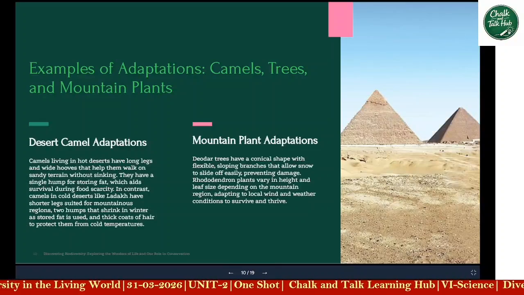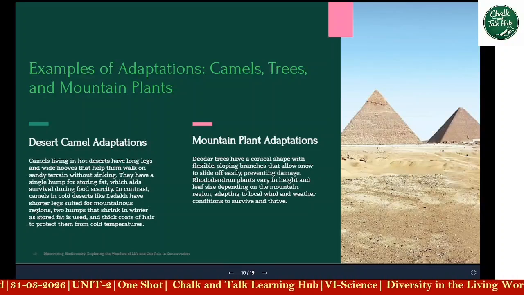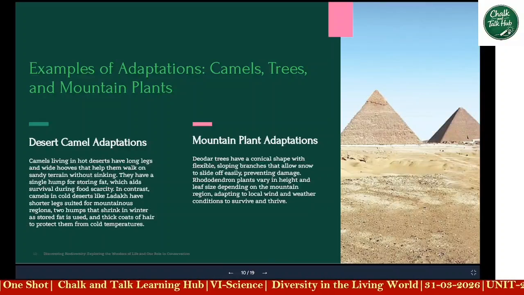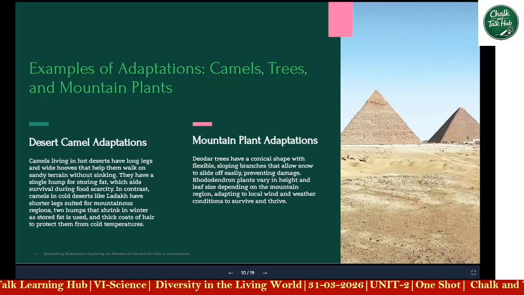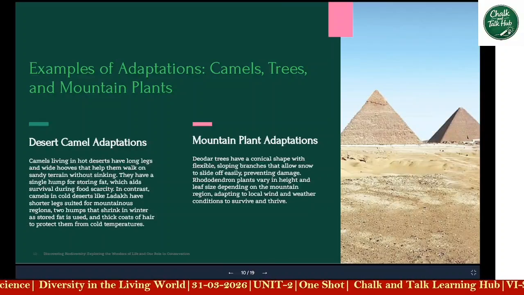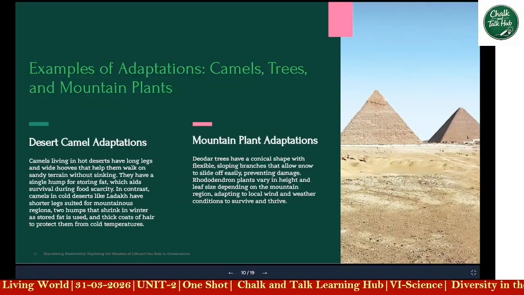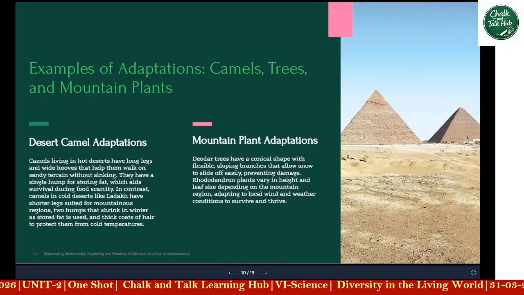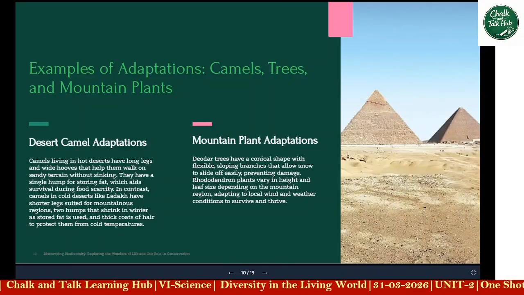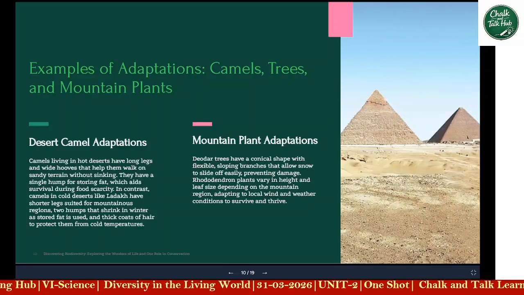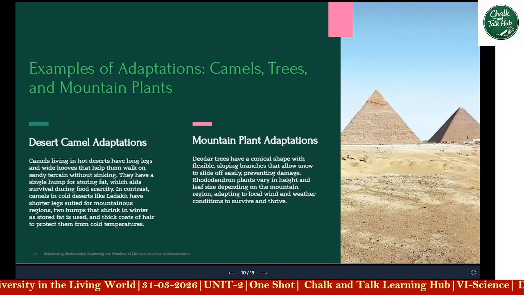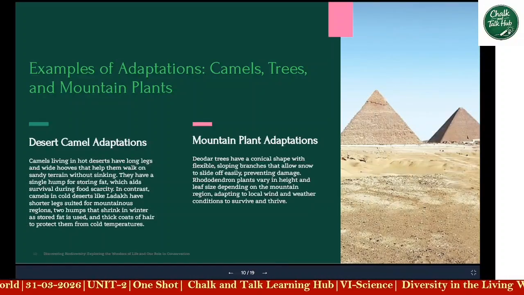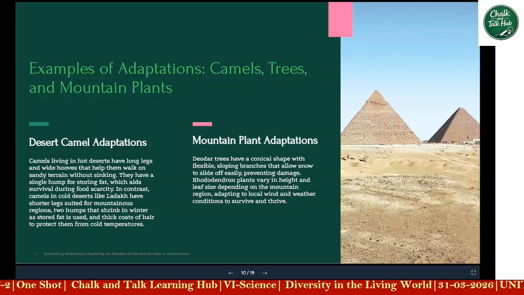They have a single hump for storing fat, which aids survival during food scarcity. In contrast, camels in a cold desert like Ladakh have shorter legs suited for mountainous regions, two humps that shrink in winter as stored fat is used, and a thick coat of hair to protect them from